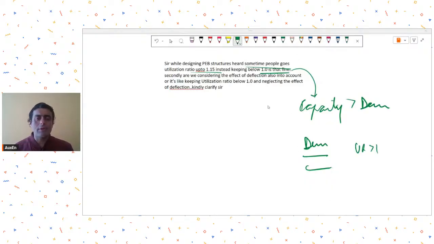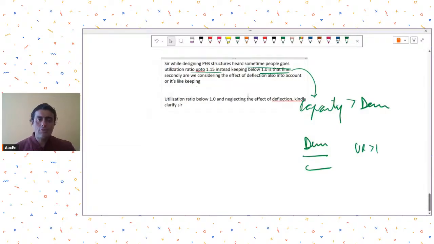Whatever might be your reason, the designer may choose to go for utilization ratios greater than 1. But technically, if you ask me, code wants your capacity to be larger than demand, so UR has to be less than 1. Second point is,